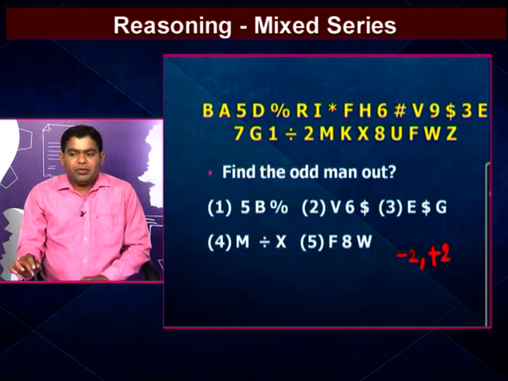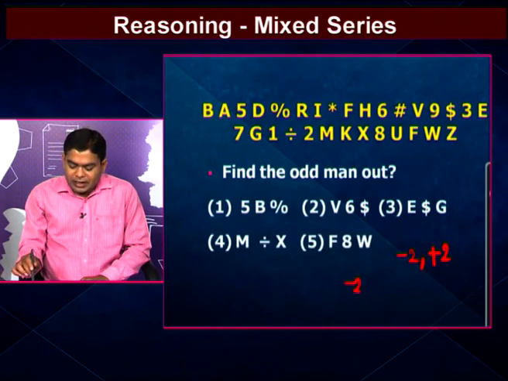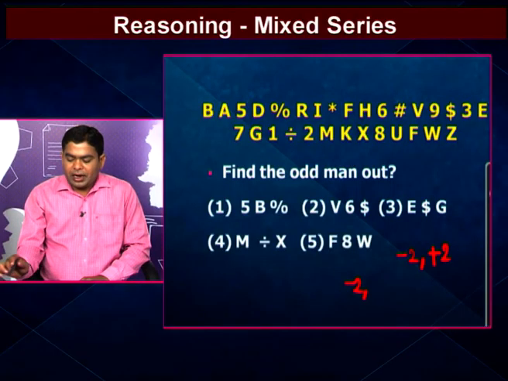That one is $6. So here in our given series V is there, 6 is there. That means the relation between V and 6 is that the first element is V, the preceded second element is 6. That means the second element is -2 of the first element. Again dollar is there. So what is the relation between V and dollar? That means one element is selected, the next one is the preceded second element, the third element is the followed second element. That means in our question the first option and second option follow the same pattern.